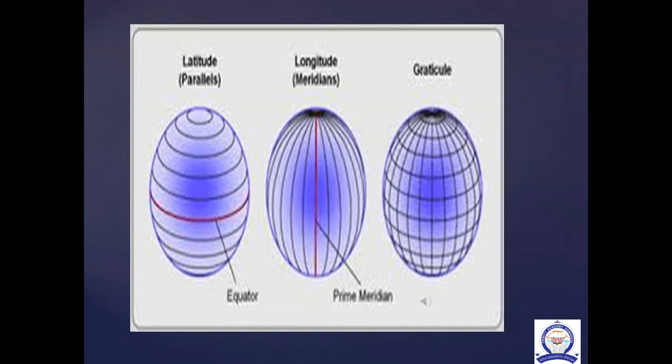Longitudes. The imaginary lines drawn vertically connecting the North Pole and the South Pole are called lines or meridians of longitude. These lines of longitude are seen as semicircles. The 0-degree line of longitude is called the prime meridian. The lines of longitude are found as semicircles covering 111 km at the equator, 79 km at 45-degree latitude, and no space between the lines at the poles.